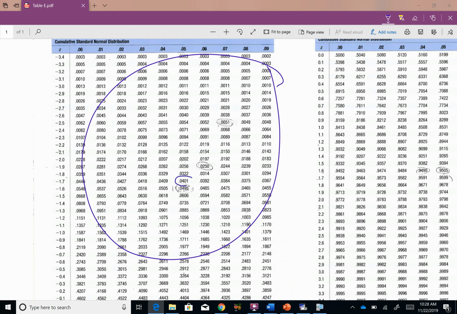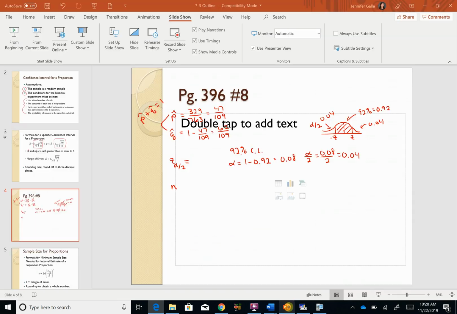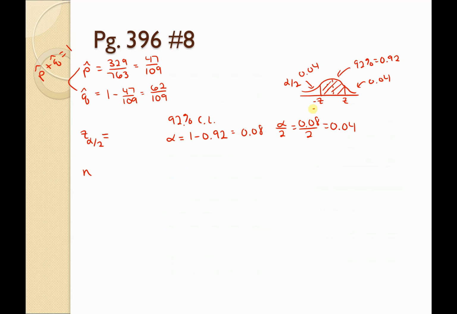Looks like right here is our winner. We have negative 1.75. Now we have to keep in mind, if this right here is negative 1.75, what's the positive one? It's also 1.75. So my z sub alpha over 2, whenever we record it, we want to keep it as